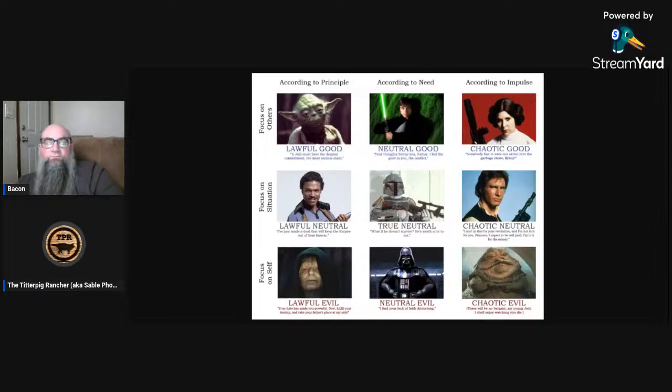True neutral: most NPCs, every beast or animal or non-sentient character or entity that you interact with in the world is going to be true neutral, generally speaking. I wonder if we should talk about why I came up with labels for the axes before we even get into this, if you think that it's essential to the conversation. I would say yes, and I'm happy to learn why. Okay.